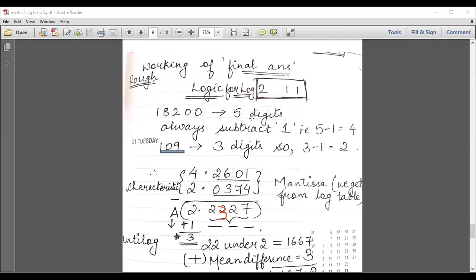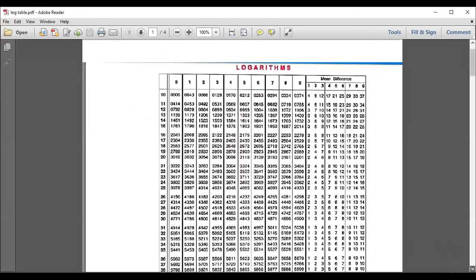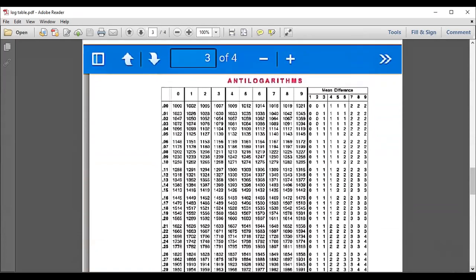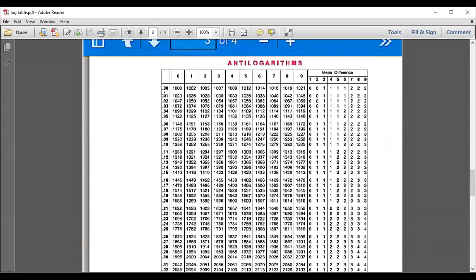I'll show you again how to look it up. The anti-log pattern is the same, so there's nothing new in that. So here's the table in front of you. Everybody can see this is the anti-log table. It looks the same. The only thing is the first 2 numbers. Can everyone see? It is starting from decimal: 0.00, 0.01, 0.02. So the number we are looking for is 0.23. Here I'll just highlight it for you all. Here, 0.23. So the number was 2327, correct?